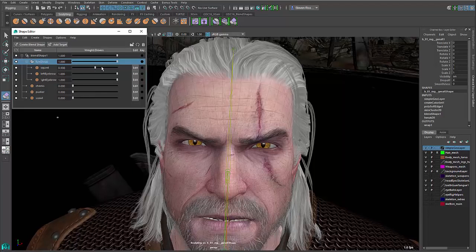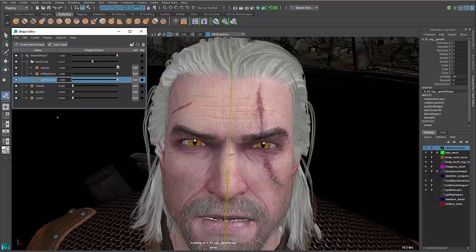And now I have the individual controls for each eye. I have the individual control for the left brow and the right brow. And then I have the master control for the entire group. So I can turn the entire group on and off. If I max these all out to 100%, now that group will work as essentially the equivalent to one blend